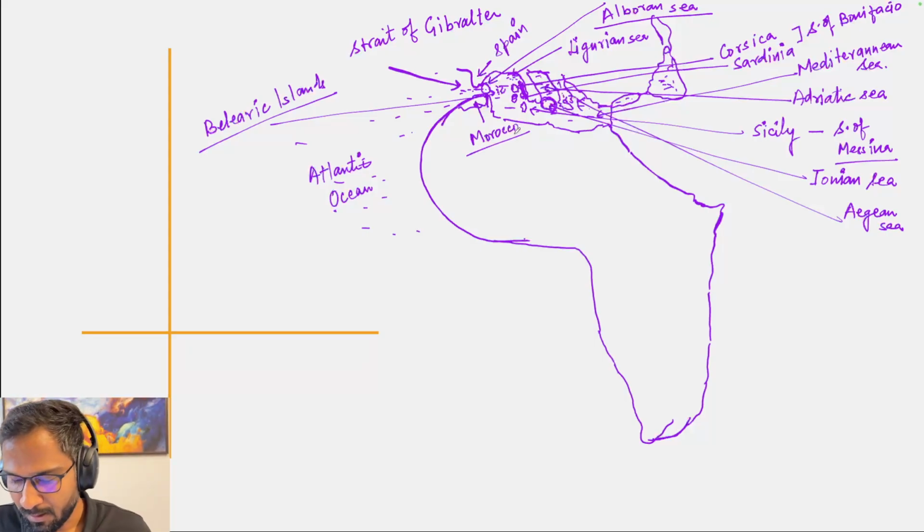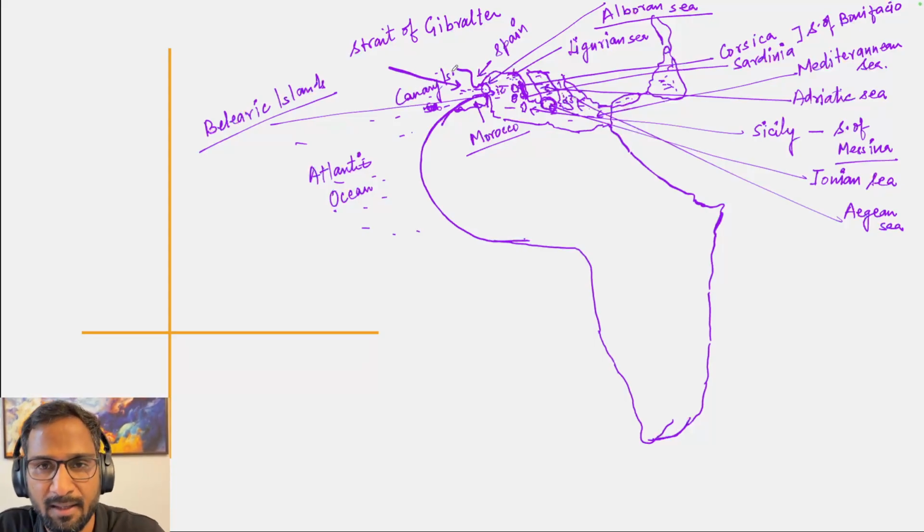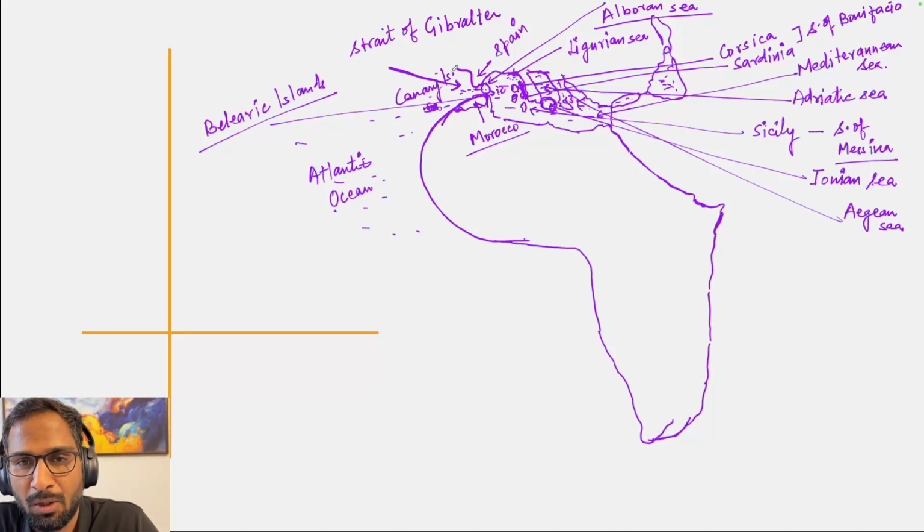Then moving further westward, over here, you'll find an island called Canary Islands. Canary Islands. Canary, if you remember, Canary cold current I had discussed when we discussed the currents of Atlantic Ocean. So the Canary cold current is named after this island. Then moving further west,